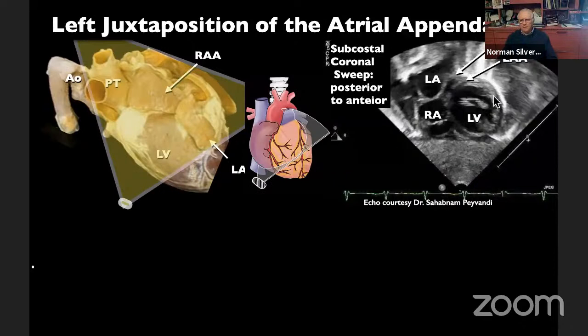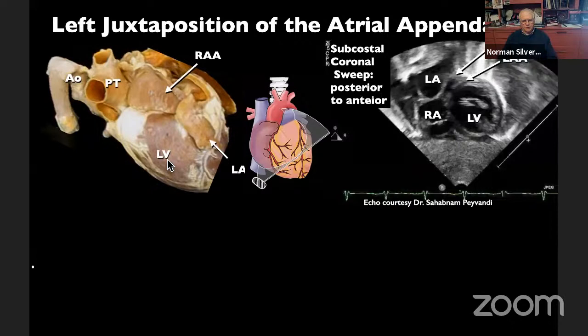And lastly, juxtaposition of the atrial appendages. There's an example of juxtaposition. Here's the echocardiographic plane in subcostal coronal trunk, and you see the right atrial appendage has swiveled from the right atrium around the back of the great vessels, and it presented itself above the left atrial appendage. So here you're going to have to watch this. It's very difficult to see. There's the small left atrial appendage, and here's the right atrial appendage running behind the pulmonary trunk and situated above the left atrium.